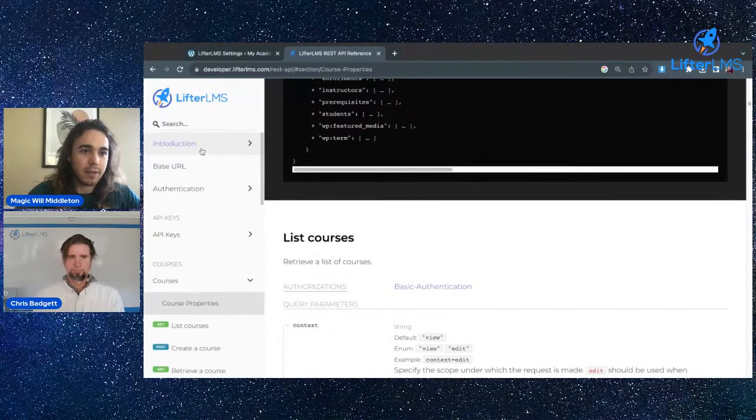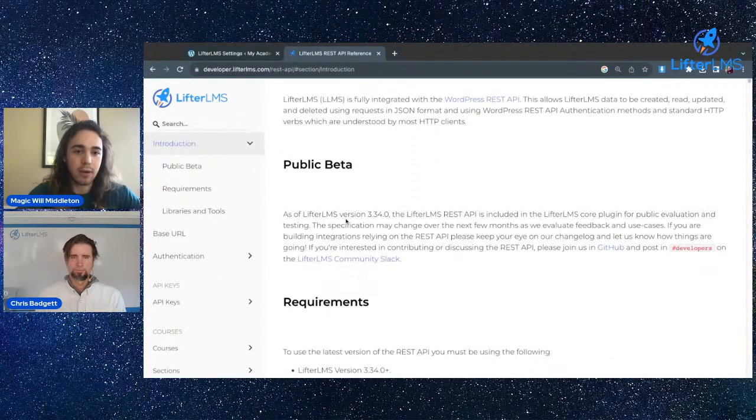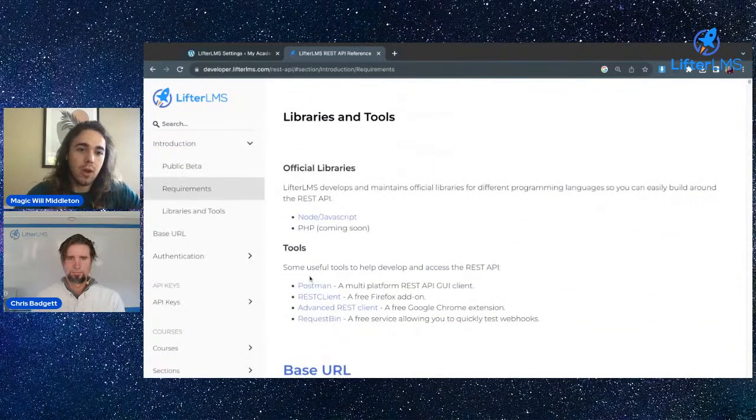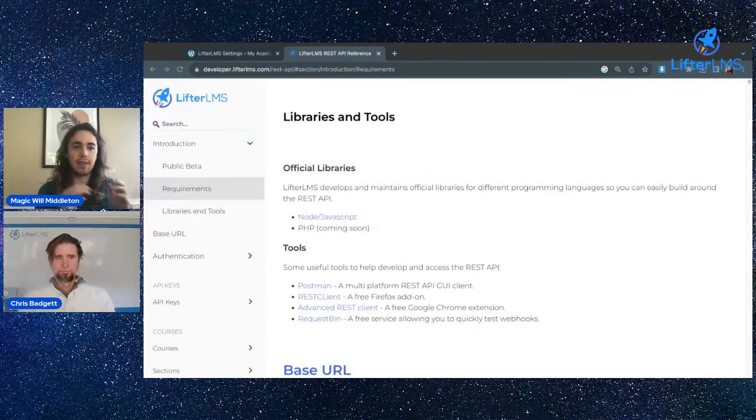So we have a nice introduction up here at the top if you're new to APIs and understanding what they do. As a developer, we have some great introductions and tools that might be useful when making sure your requests are working and everything. But what we might want to do with a REST API would be put students on our website. If we're building a custom application that registers students, or maybe we have a corporate training example, which is something I've seen a lot, where the corporation has an internal system they've developed where they manage their users, and then they want to put their users inside their LifterLMS install, and they would use the REST